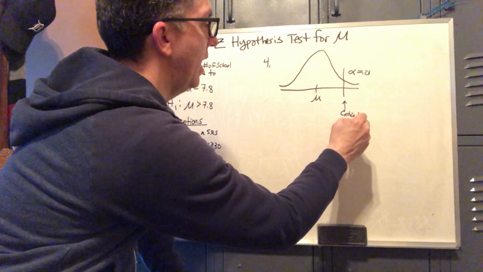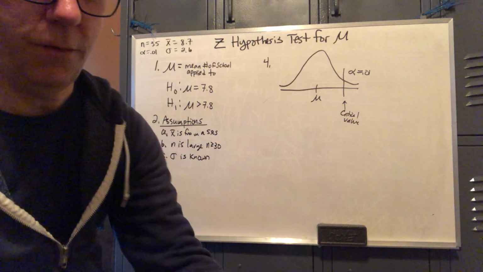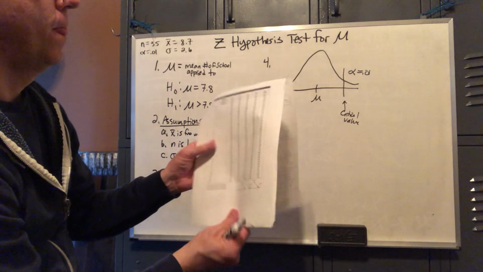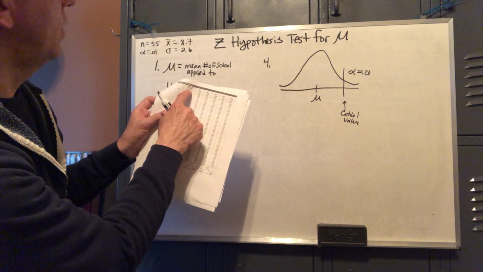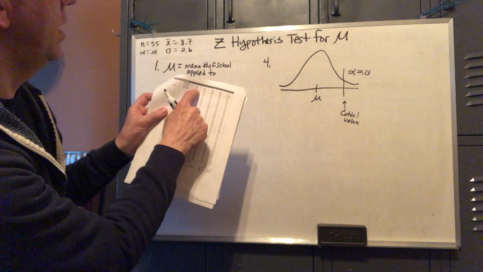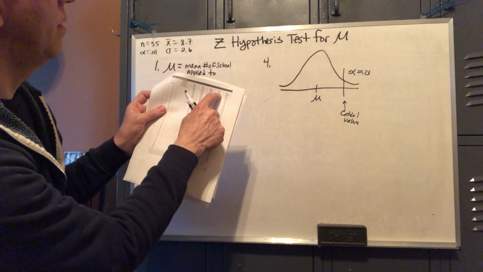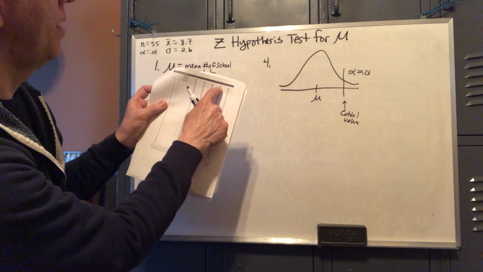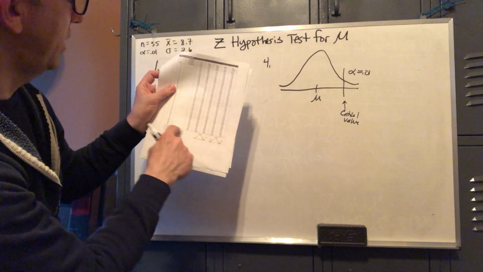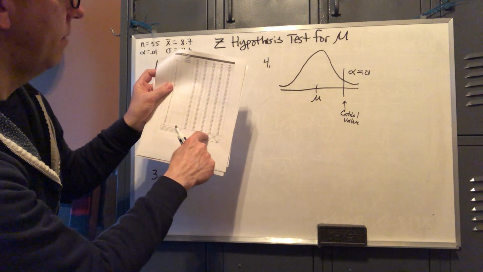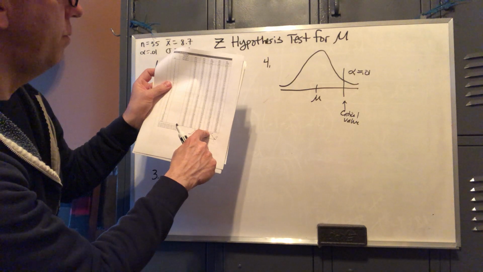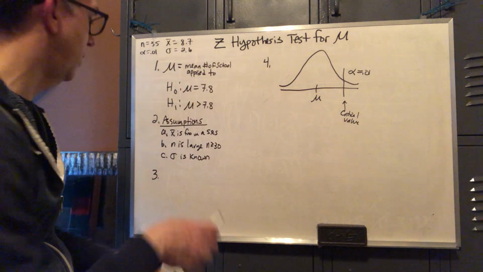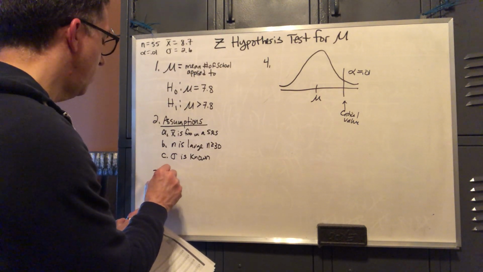Well, the easy thing is it's on our chart. So if you look at our chart, across the top it says a one-tailed test. All right, so one-tailed test and it's 0.01. You can ignore the confidence interval above that. So go all the way to the bottom, which stands for Z, and it says that number is 2.326. So that critical value is